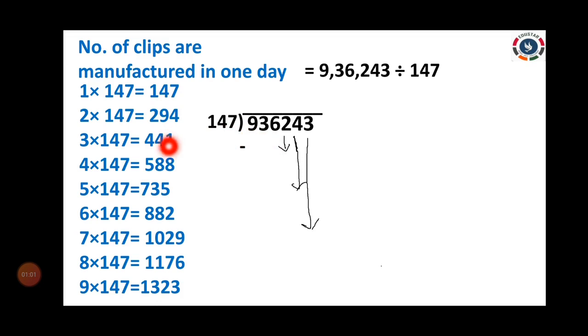So you have to check where it is. The product of the two numbers is equal to 936 or less than 936. So we want to take less than 936. 1000 means it is increasing beyond the dividend. So we want to take 6 times. Totally 6 times are there in 147. Write 6 at the top and write 882 at the bottom. Then you subtract the two values. You get 54.